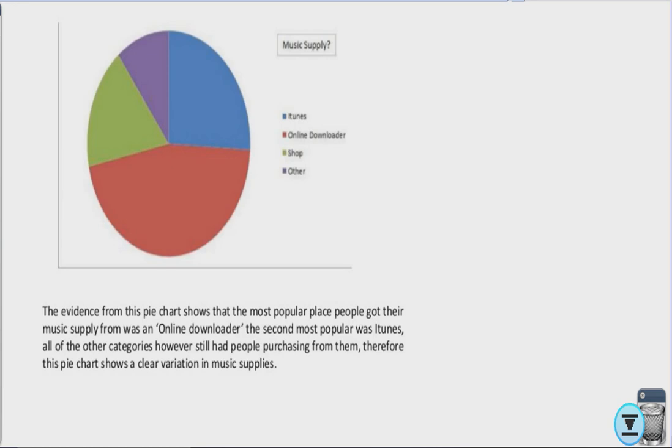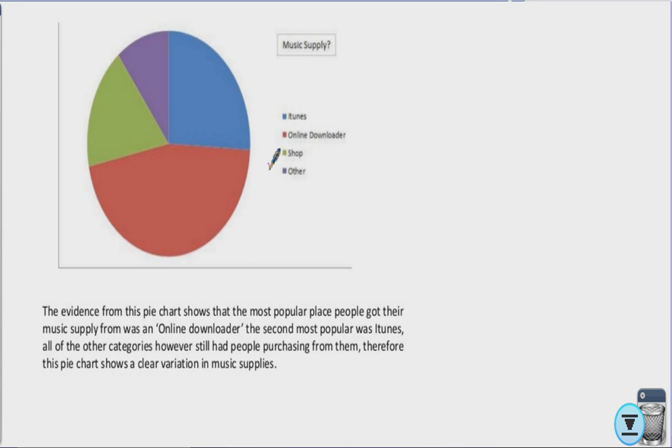So, let's suppose we have the following pie chart. Here some people were asked from where they get their music, and as we can see, some people get their music from iTunes, some from an online downloader, and we have a big section here. Some go and buy it from a shop, and some say they have other means of getting their source of music. As we can see from this pie chart, and it's written here, the evidence from the pie chart shows